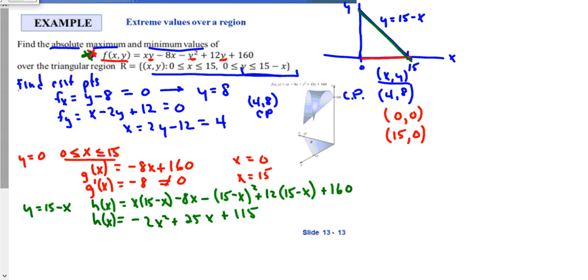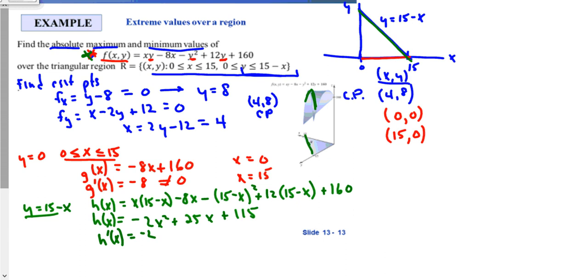Okay, so that's the function that has the values of the function f of x, y for points. We're just looking at points in the domain that are on this line y equals 15 minus x. So looking at these points here, it's going up and figuring out which points up here correspond to that. Okay? So I want to find the derivative,